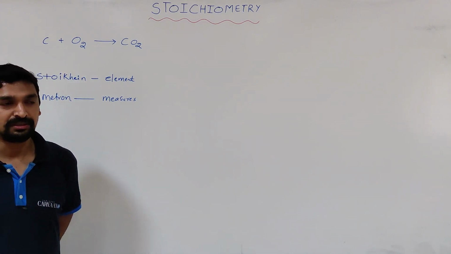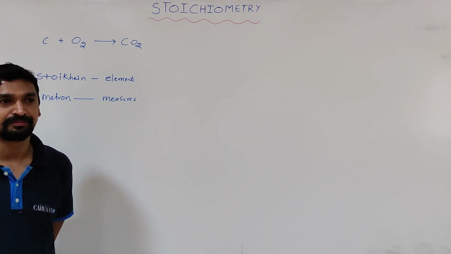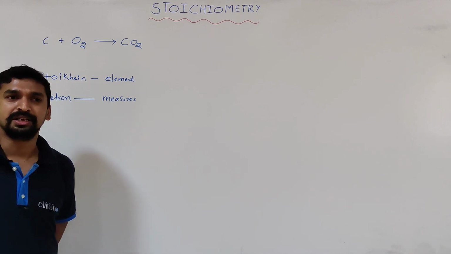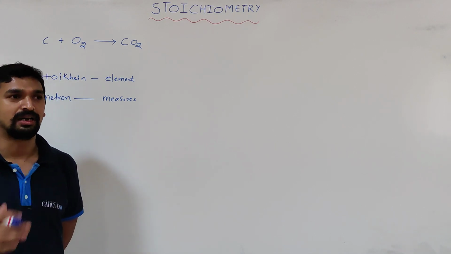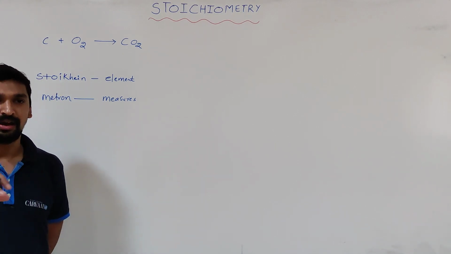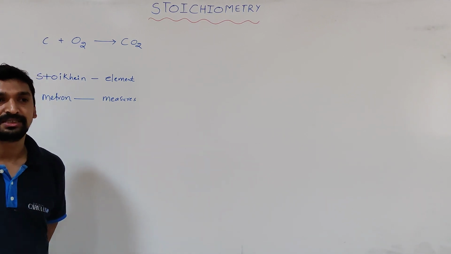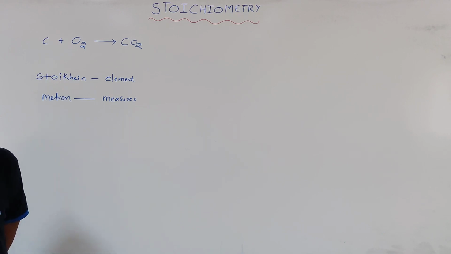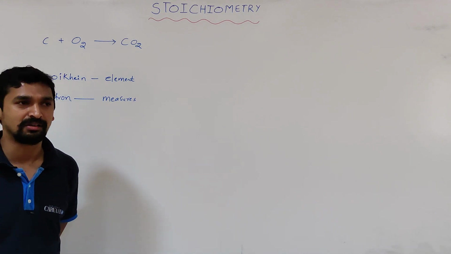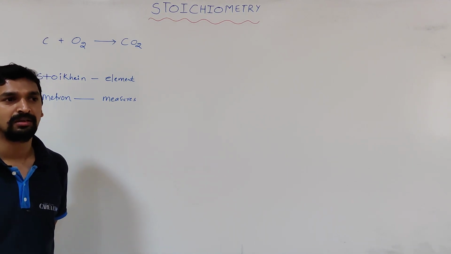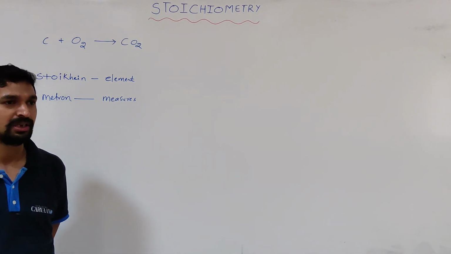So first we discuss the matter and the classification of matter. After that, we discuss the atomic mass, molecular mass and mole concept. After that, once we have a command on these basic concepts, we can easily understand the stoichiometric calculations. After that, we will discuss how to determine a molecular formula or empirical formula. After that, how to balance a chemical equation, which we are also going to learn in this chapter.